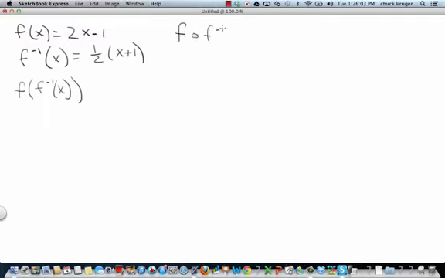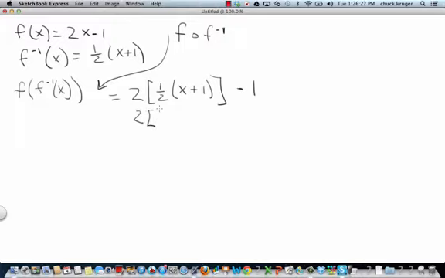What I would have is 2, and I'll use a bracket here, 1/2 times x plus 1, minus 1. Okay, so this is where my x was. I take 2 times whatever I input and I subtract 1. Well, if I do that, inside here I'm going to have 1/2 x plus 1/2 minus 1. And so now when I distribute again, I'm going to have x plus 1, drop the brackets, minus 1,